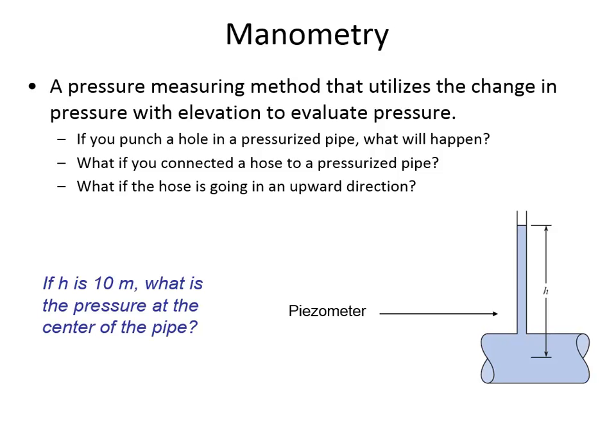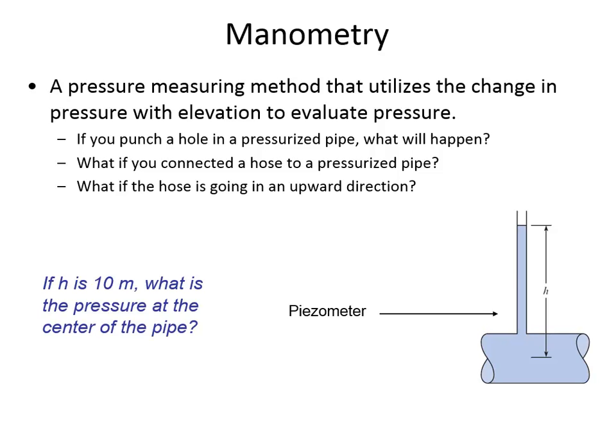Typical water pressure for a water line in a municipal network is in the order of 500 kPa. So 500 kilopascals. That means 500,000